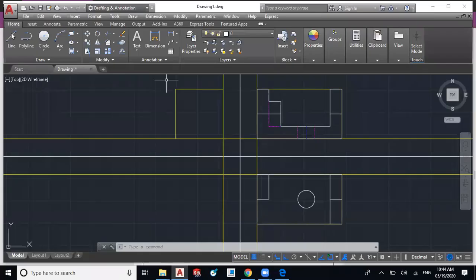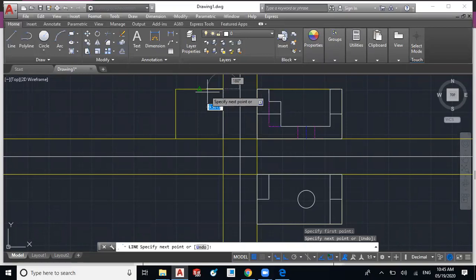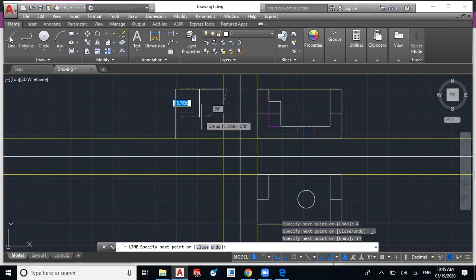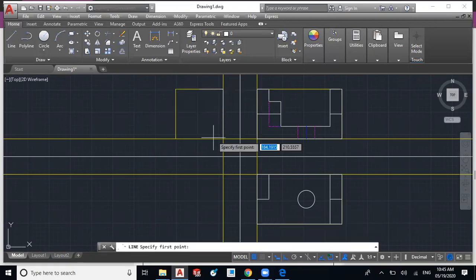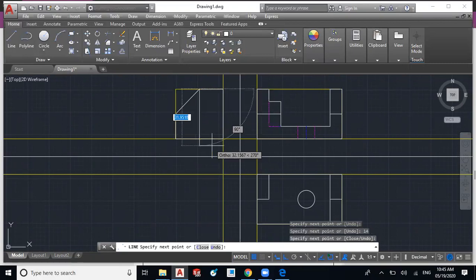So I'll start from this up to the height, this 14 mm. Okay, Control C. If the point is up to the 14, then I have to draw this edge, and up to height 14 we have to connect this inclined surface.